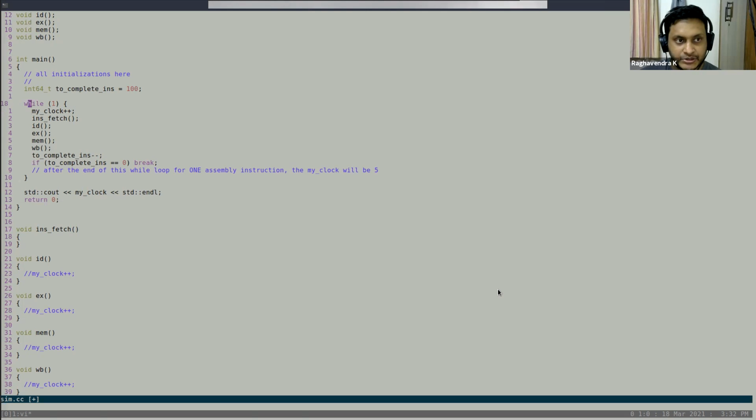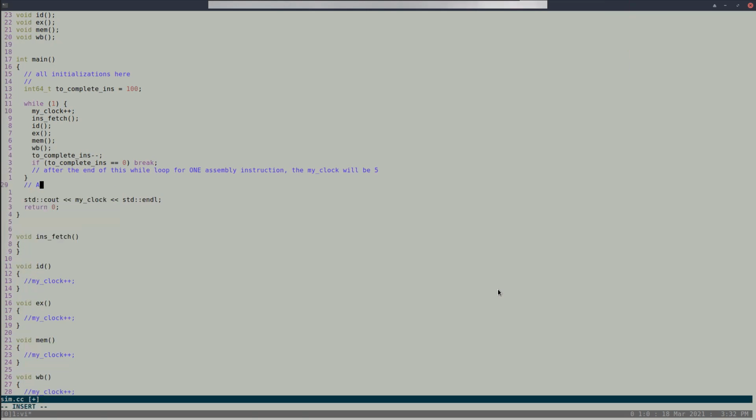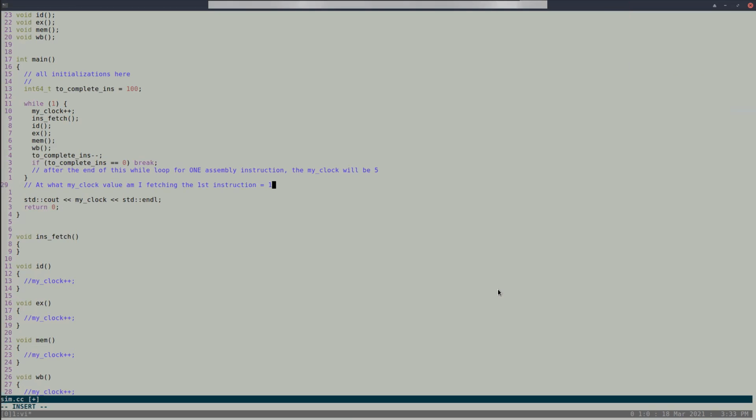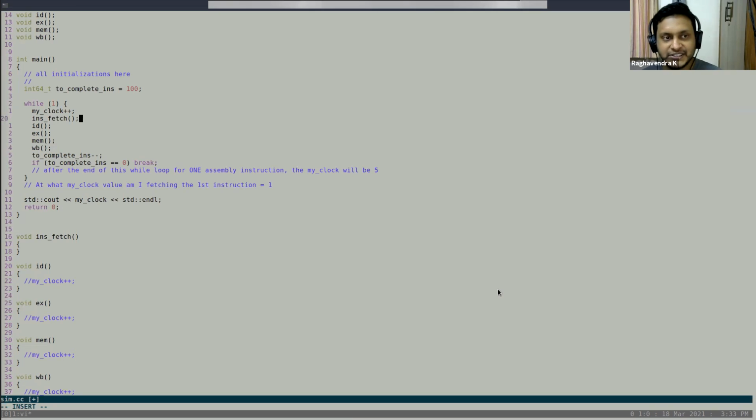Yes. So let's ask this question for this particular design: at what my clock value am I fetching the first instruction? Between 0 and 1? There's no 0 and 1, this is just a variable number. We'll start at 0 and it will go on up to... No. The first instruction is fetched at...